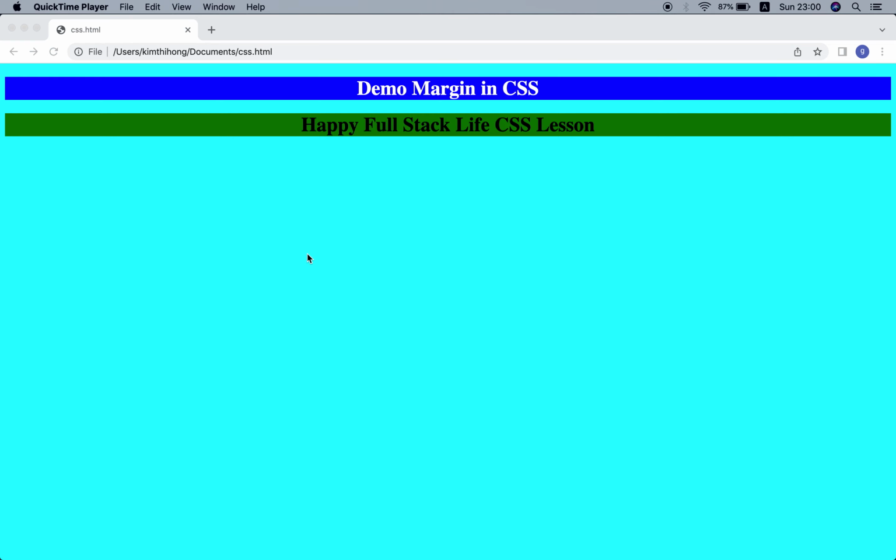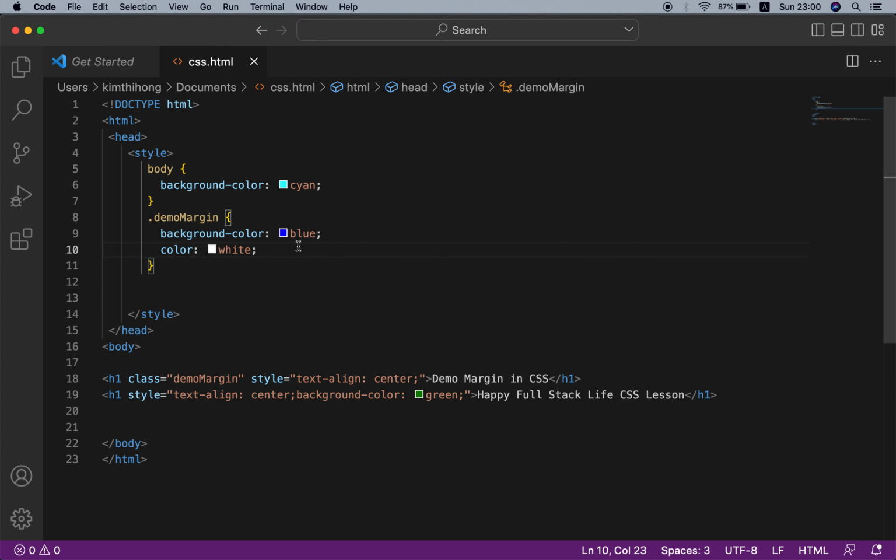Come back to the HTML5 page here, which has an h1, "demo margin in CSS". In the style, the body background color is cyan, and we use a class selector. Demo margin is a class to select the h1, because the h1 has the class demo margin. Now, if we want to add space around demo margin, we should use margin,